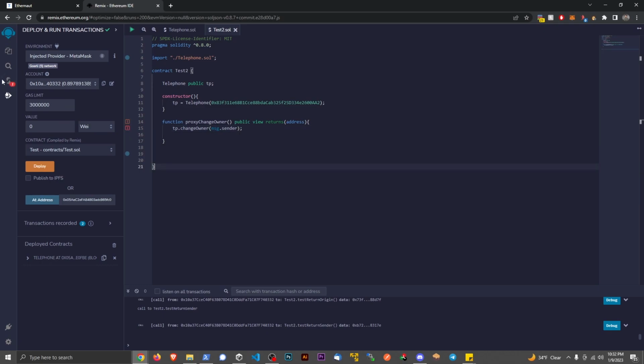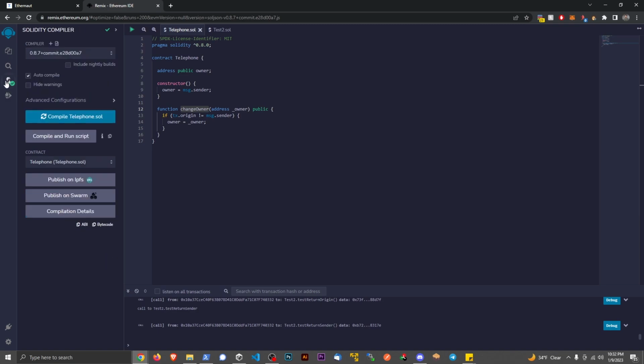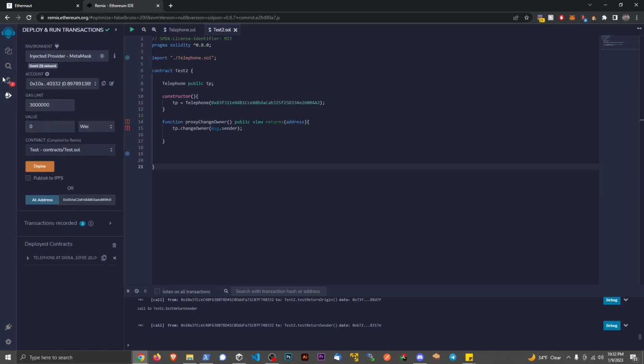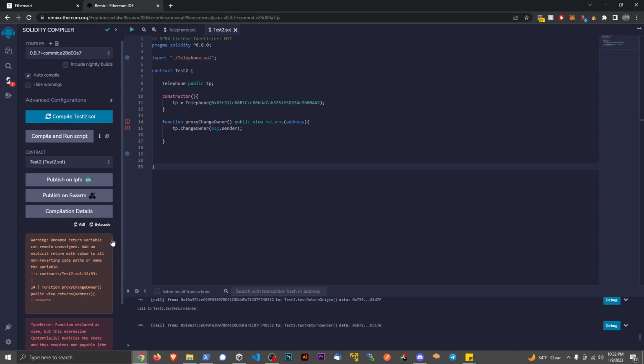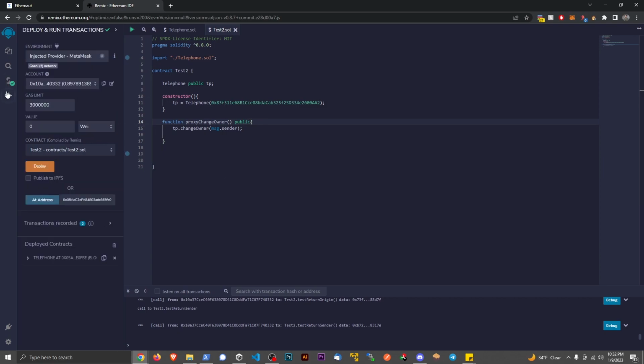And let's go ahead and save this. And we do have an issue. MSG.sender, what's the problem? Change owner. Nope, this one right here. Unnamed return. Oh, I'm sorry. We need to remove this return statement from there. And this is no longer a view. It's just a public function. Cool. There we go. Forgot to remove that. Anyways, now we're back to this here. We're going to save that one more time.